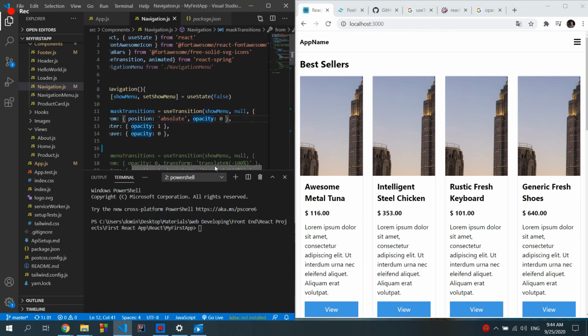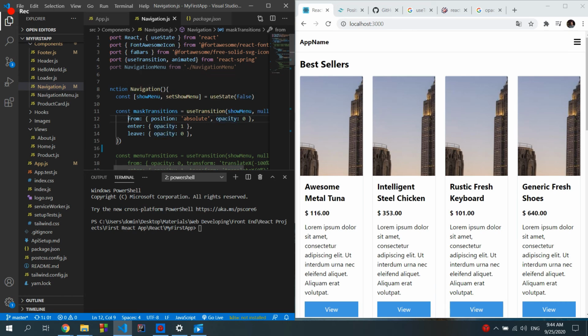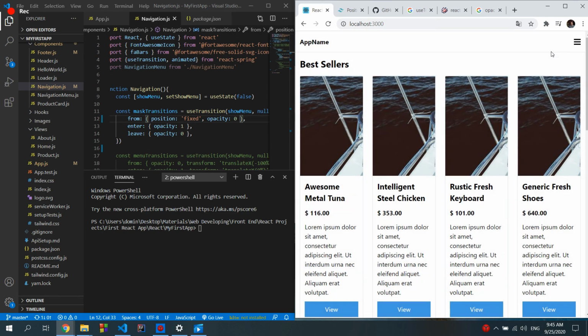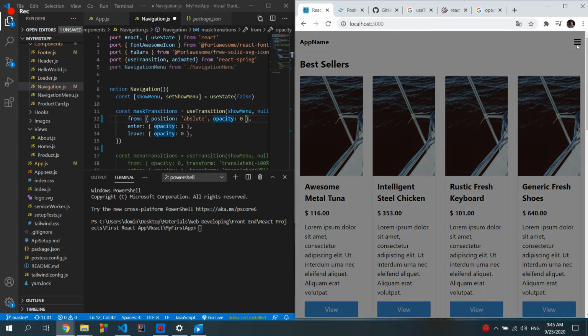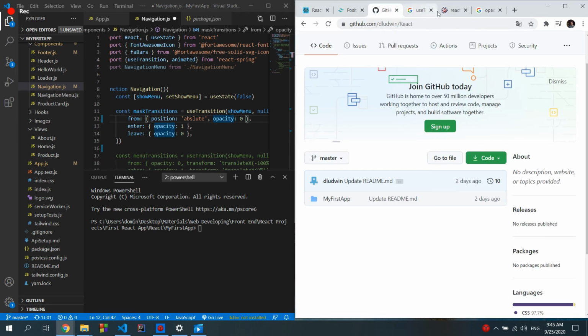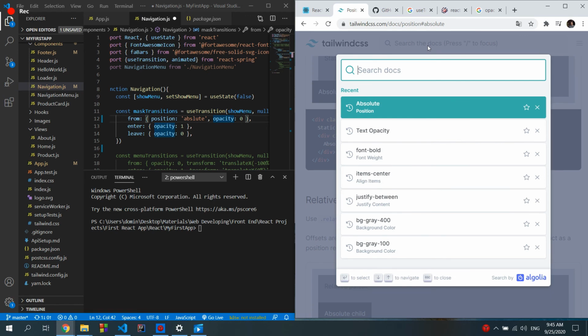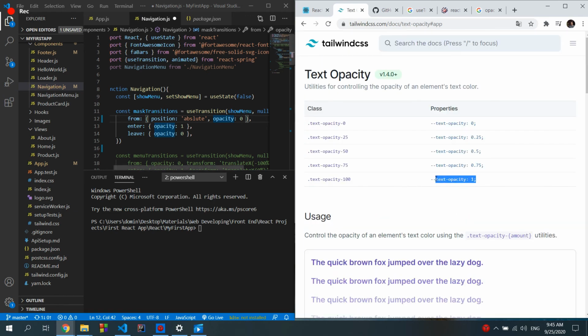It's not true. And then if we go here, the position is absolute, because if we do, for example, a fixed, nothing changes. So it's not really that important. But the most important thing is opacity. So we go from opacity 0, from 0 to 1, as you can see, because the maximum opacity which we can get is from 0 to 1. See, test opacity from 0 to 1. We can go from 0 to 0.5,